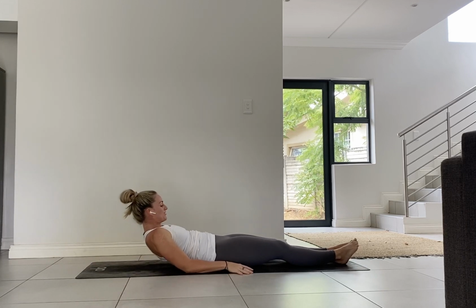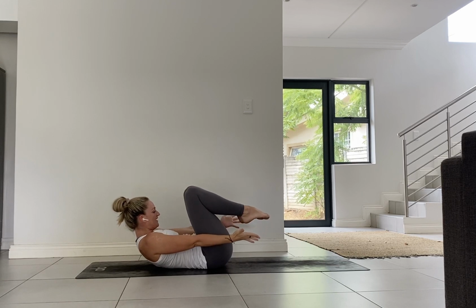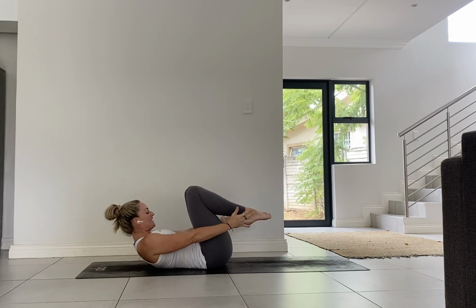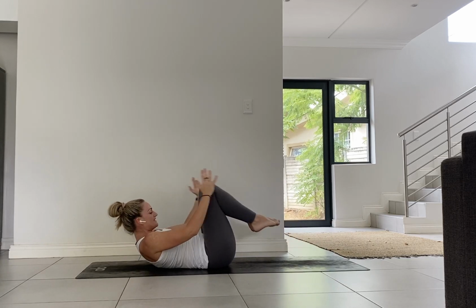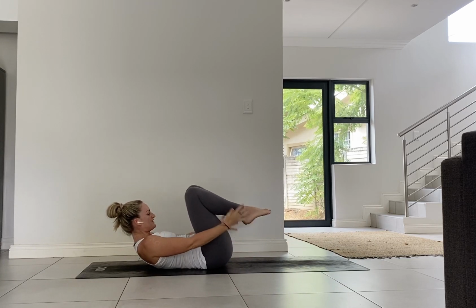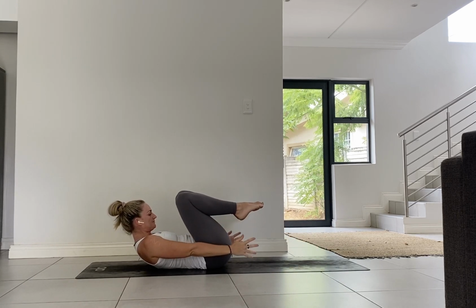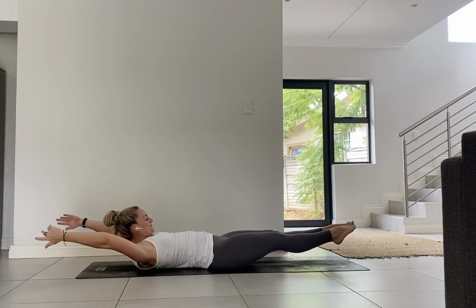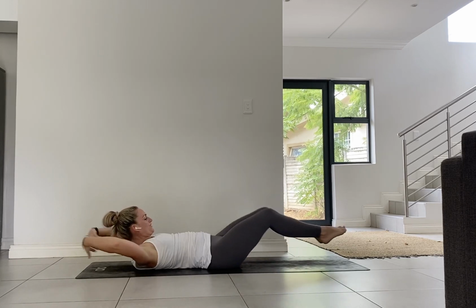Okay, so you're going to lift the upper body, bend your knees, draw them in close, extend the arms. And then from here, as you inhale, I want you to extend, lengthen. Exhale, bend the knees. I'm going to take 10 of these. Inhale. Exhale. Inhale. Exhale. Good. 4,